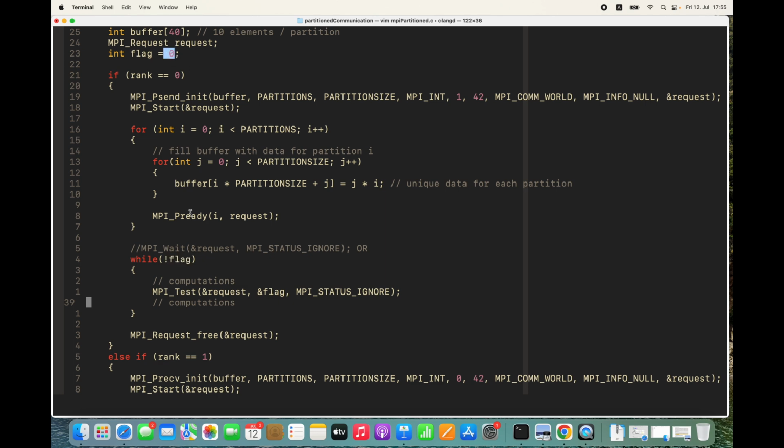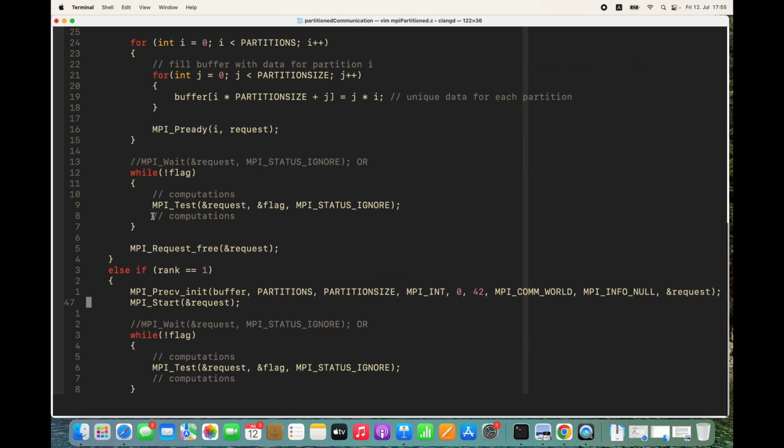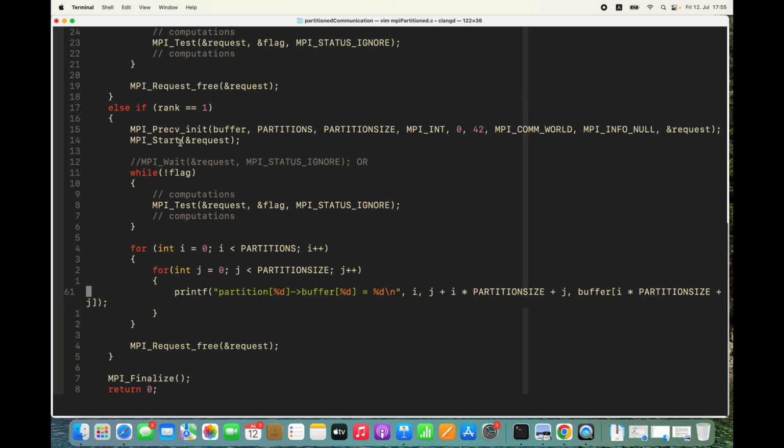So flag is 0, negating 0 is going to be 1. So while true, this is going to be run over and over until that partition is being sent over to the other side. Meanwhile, I used that hamburger analogy: you go layer by layer, do some communication, do some computation. And then on the other hand, on process number 1, we're going to initialize for receiving,